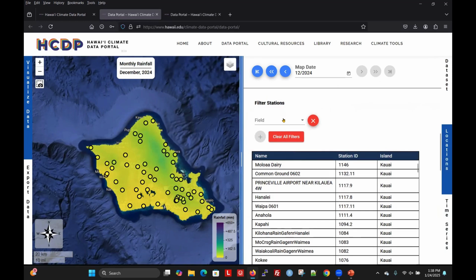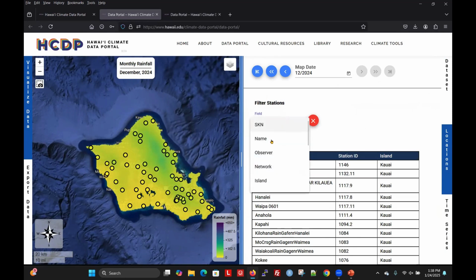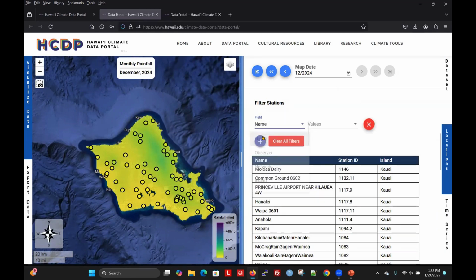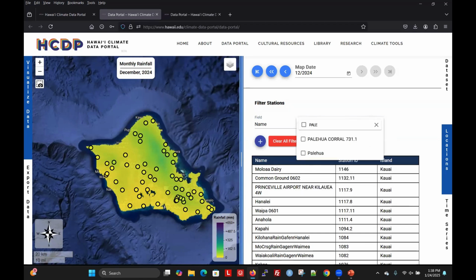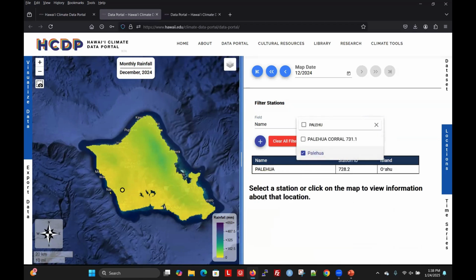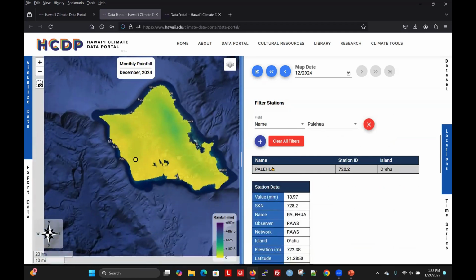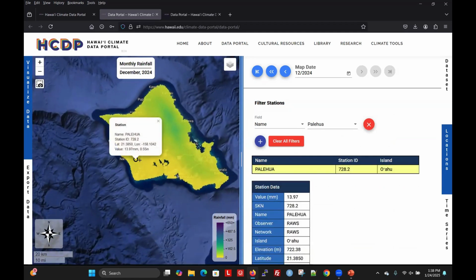So one thing that's nice is you can sort the stations by field. So I'm going to search for the Kalehua station. Like that. And that gives us the station right there. And then we can click it on the location table to not worry about having to click the right spot